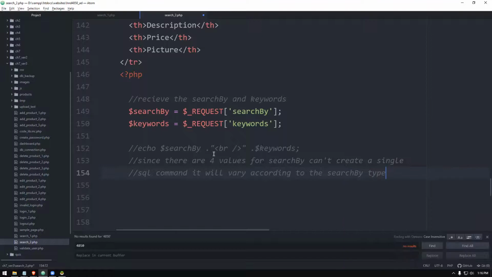Again, I'm telling you, this is a method I developed. If you'd like to do it in a different way, please do it, no problem. This works fine anyway, right? The SQL command will vary according to the search type.